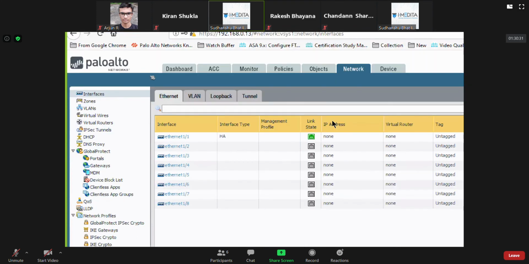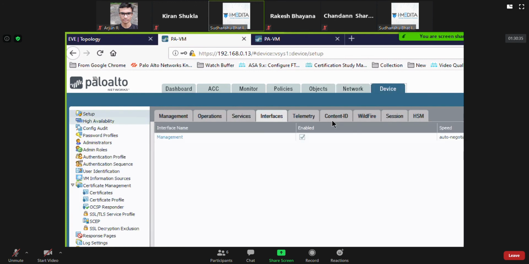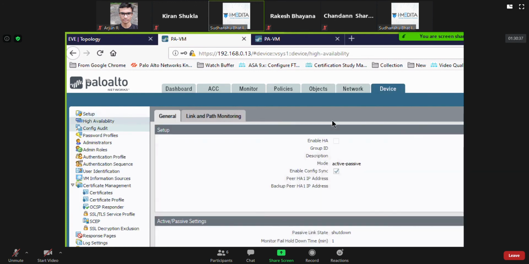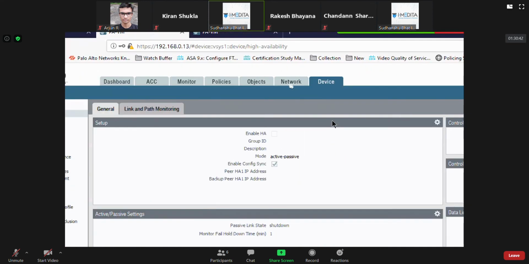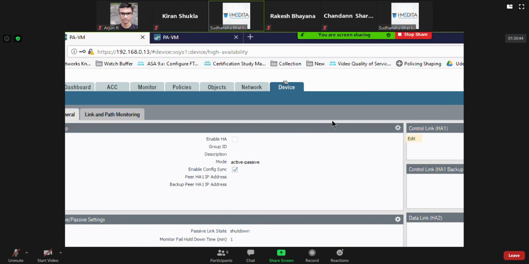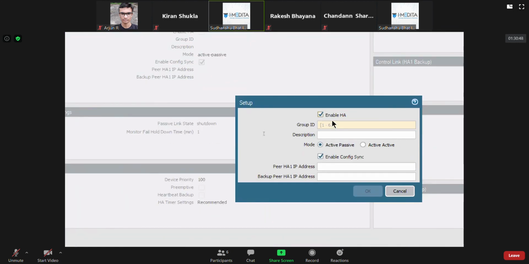Now all other configuration you need to do is under Device, High Availability. I'll go here and click on this gear icon, or cog icon, whatever you want to call it. I'll check enable HA. The group ID number has to have the same value on the other firewall, so I'm just configuring one.